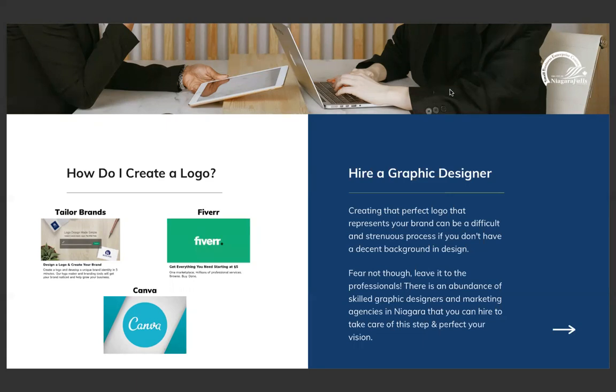And on the other side of the screen there, you're going to see what we talked about with Fiverr, right? So hiring a graphic designer. There's so many talented, great digital agencies here in Niagara, Niagara Falls, St. Catharines, and beyond that have skilled graphic designers that you can hire, contract out for the purpose of your logo, and communicate with them in a more human way, by email or on a call, and tell them exactly what you're looking for. They're going to send you back hopefully a few different options for your logo, where you're leaving that to the professional and really getting back a clean cut, ready to launch logo option.